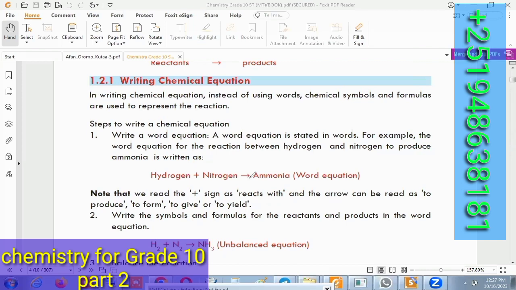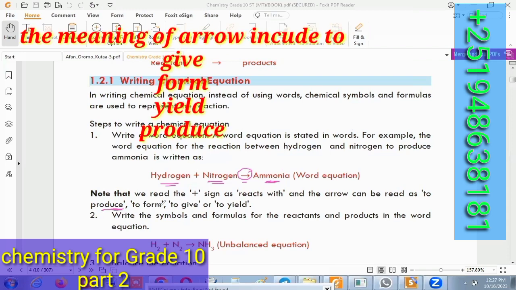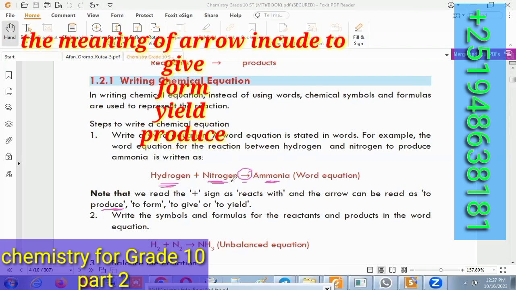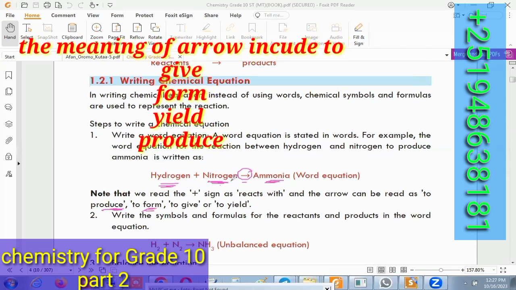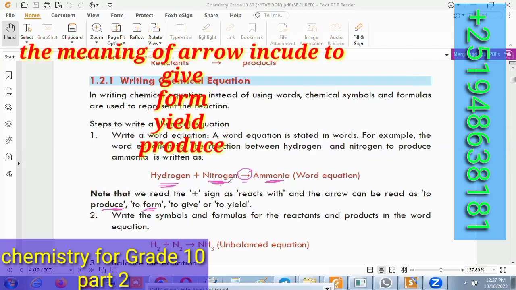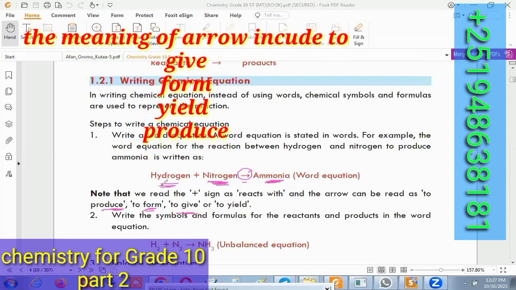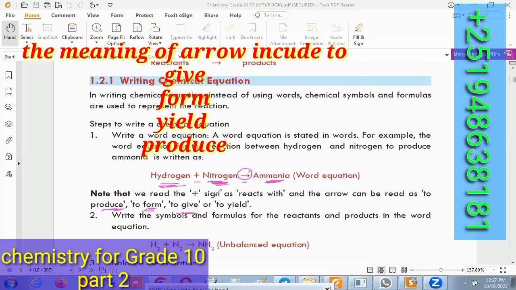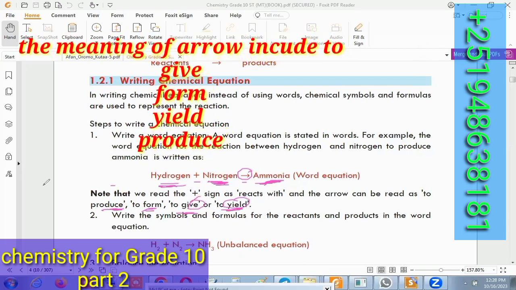That means instead of this arrow, we can say hydrogen reacts with nitrogen to produce ammonia, or hydrogen reacts with nitrogen to form ammonia, or hydrogen reacts with nitrogen to give ammonia, or hydrogen reacts with nitrogen to yield ammonia. You can use one of these four words in place of